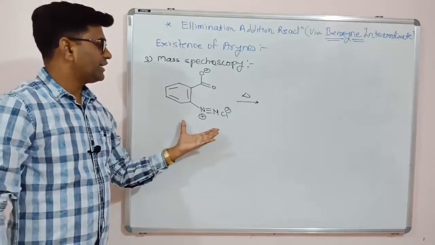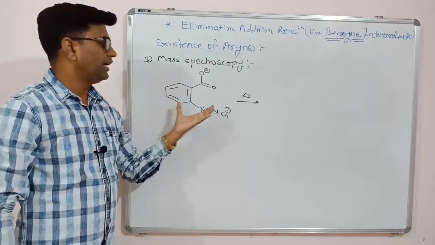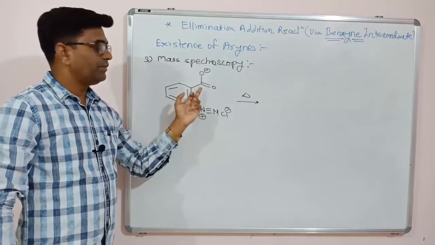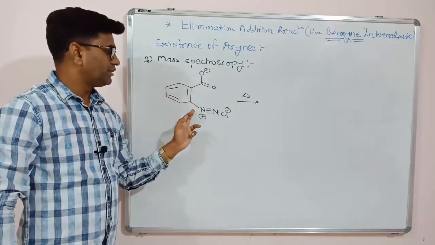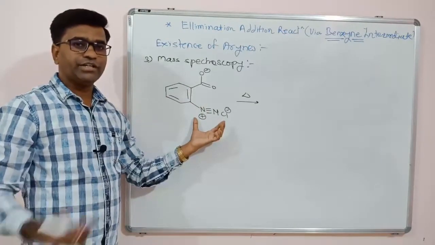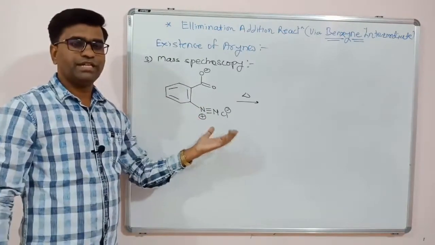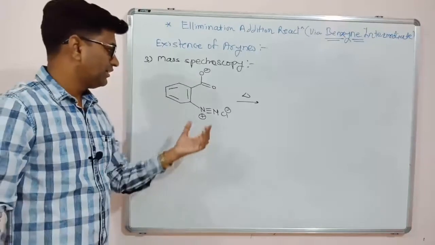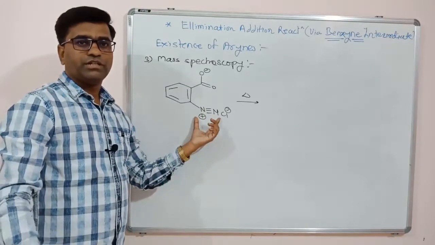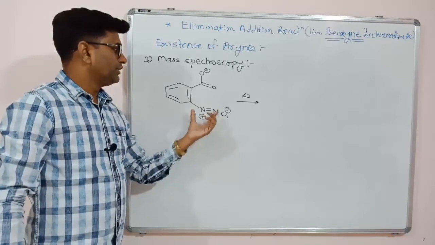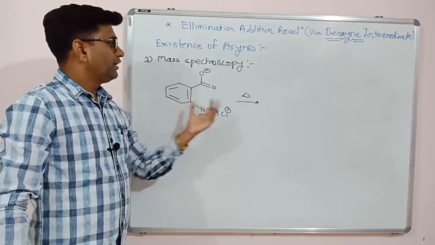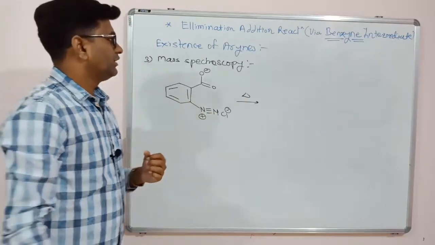Suppose this is the diazotized product of anthranilic acid. Anthranilic acid means ortho-aminobenzoic acid. So this was the amino group and this was the benzene ring. But we diazotized, so we reacted with NaNO2 and HCl. So that NH2 is converted to the diazonium chloride salt. Okay, so this is the anthranilic acid diazotized compound. If you are heating this compound, then we will get